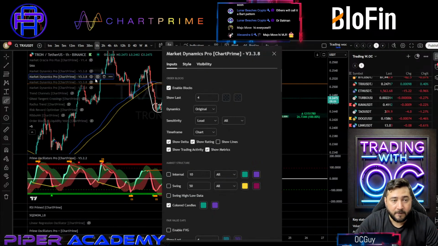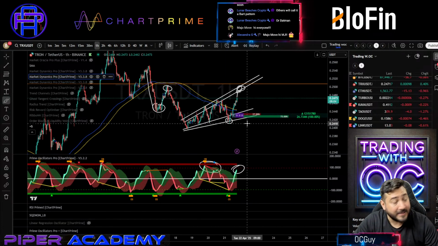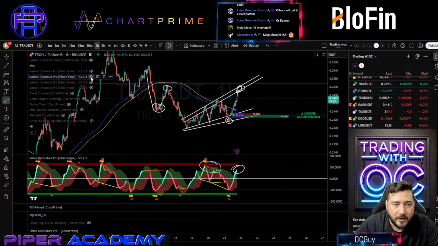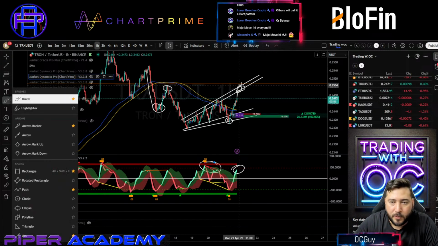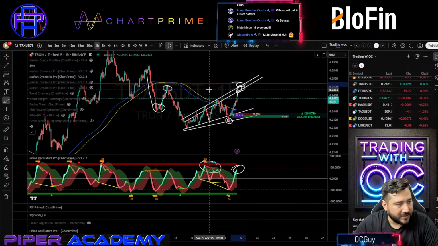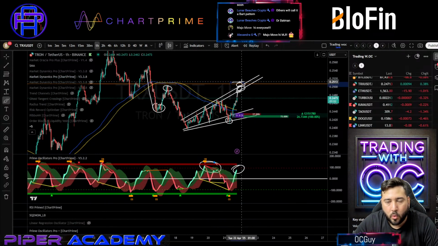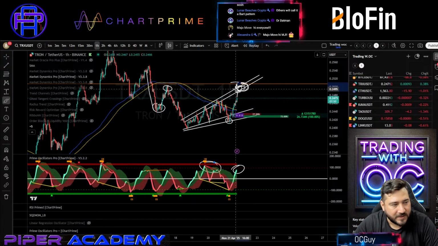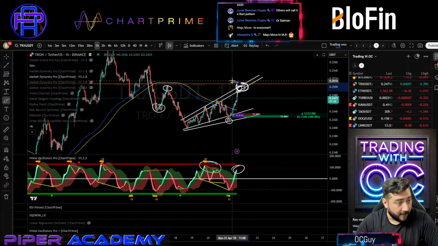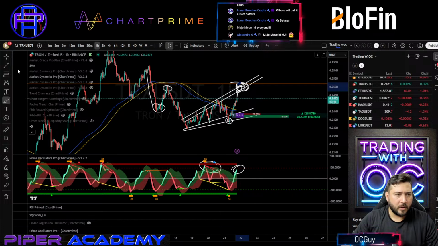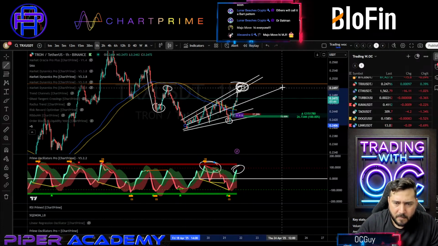And better yet, if you start adding your support and resistances, guess what we got right there? Man, I kid you not, I just turned it on, and it was right there. So look at that, a beautiful resistance. So what is the point where I'm going to be looking for a resistance? Up there. The confluence is right there. So let me just give you now my measured zone.